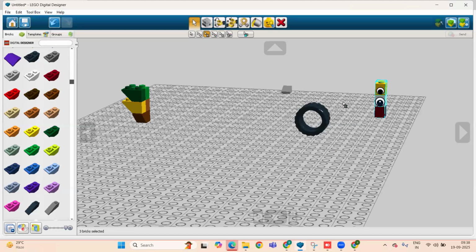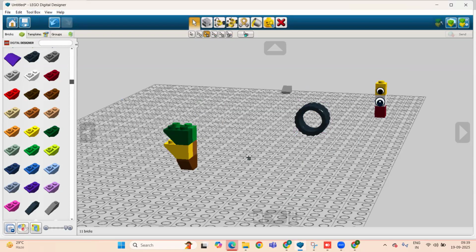And if I'm selecting, for example, this yellow brick, all parts connected or assembled with the yellow brick will be in selection mode, not this one. Okay, I'm going to go to the selection tool, remove this, and if I'm going with this part, then you can see all are highlighted and all are selected, not this part.